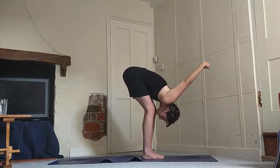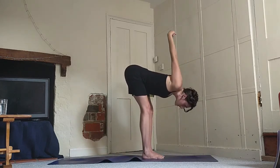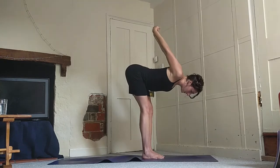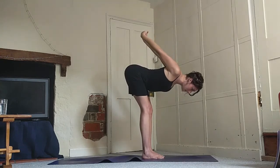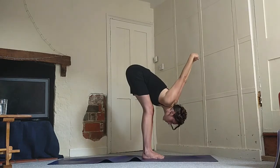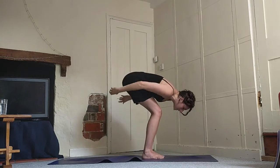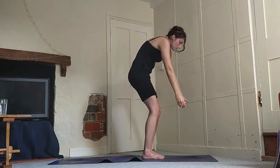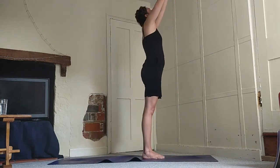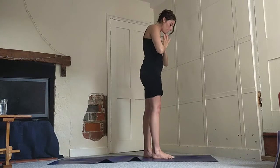using the breath maybe to move you a little bit in this position, maybe playing with lifting up a little bit, keeping a bend in the knees the whole time, and maybe releasing back forward a little bit, and then all together inhaling, reaching up. Exhale, hands to the heart. From here,